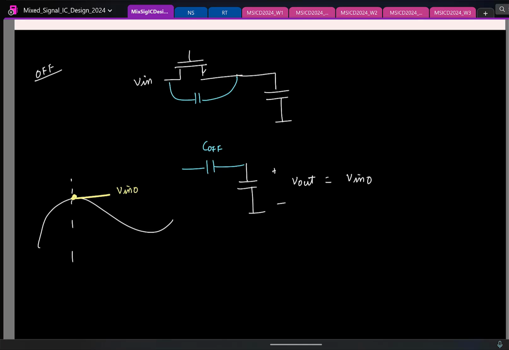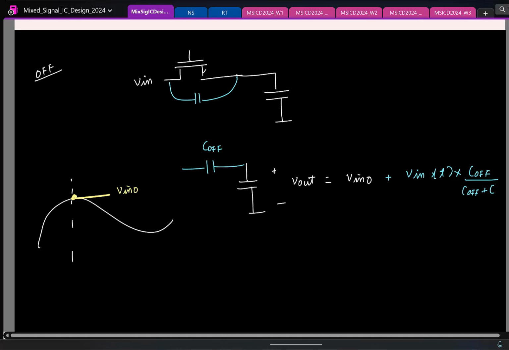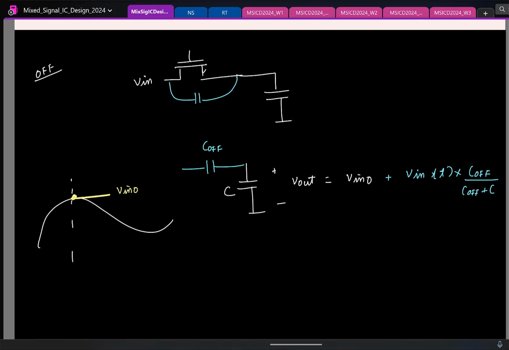Correct. It will be some V in of t times this capacitive division. Ideally, it should be constant. Now, the changes you see here will get coupled by a small factor. So let us say, I'll just give you a hint. If this is V in of t,